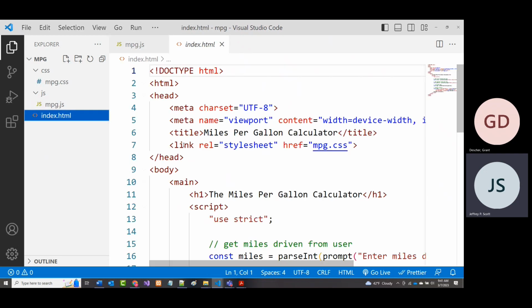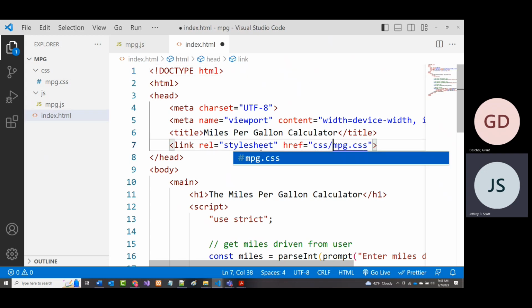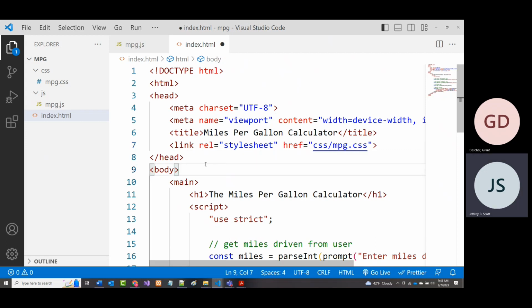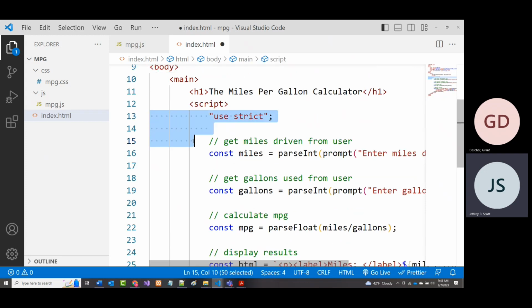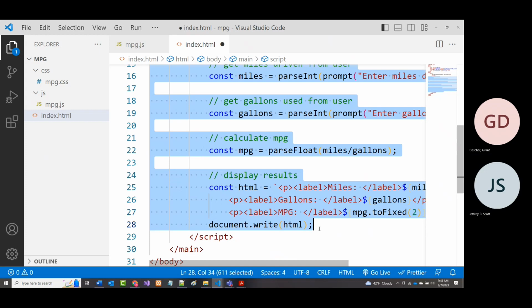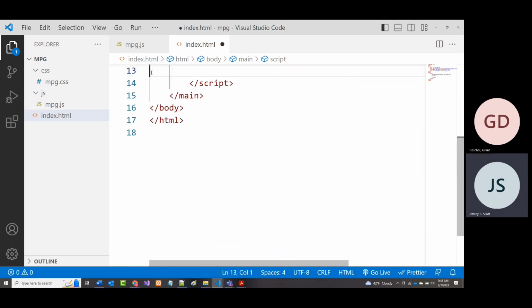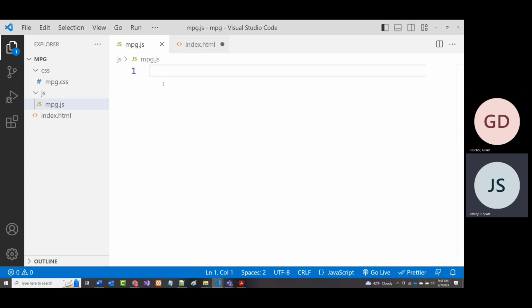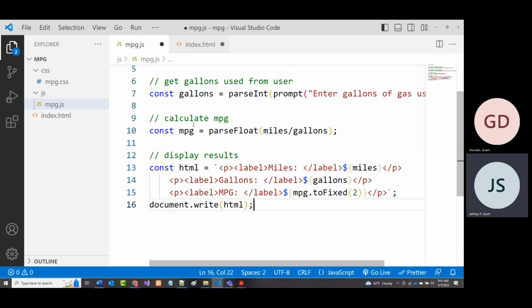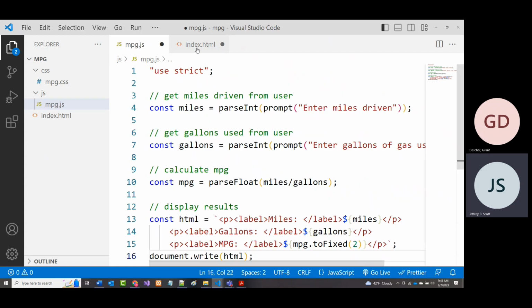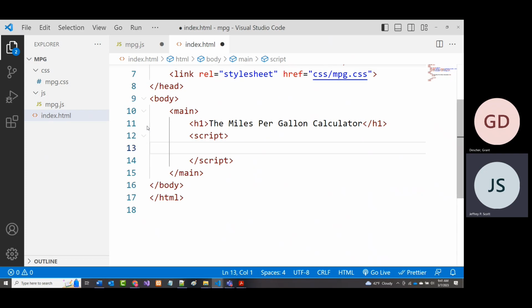So let's fix the program. First thing is for our link, we now have to say CSS/. So that should work. And secondly, I want to grab everything that's in between these script tags, everything, cut it, and put it inside of mpg.js. So I've got my use strict statement, and I've got the rest. We're going to go over all of it in just a moment, but I want to come back to here, and inside of main,